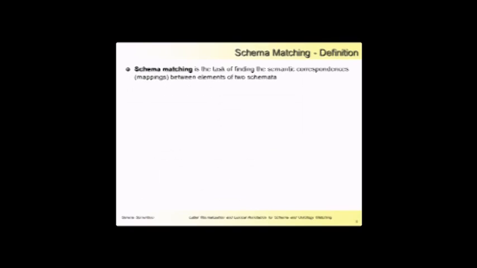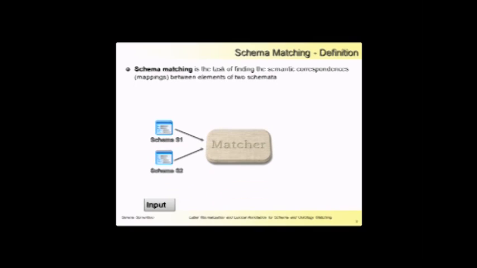First of all, what does schema matching mean? Schema matching can be defined in general as the process of finding the semantic correspondence among the elements of different schemata. Thus, a schema matching system, also called the matcher, receives as input two heterogeneous schemata, in this case S1 and S2, and it may use schema information such as the names of the elements, data types, constraints,